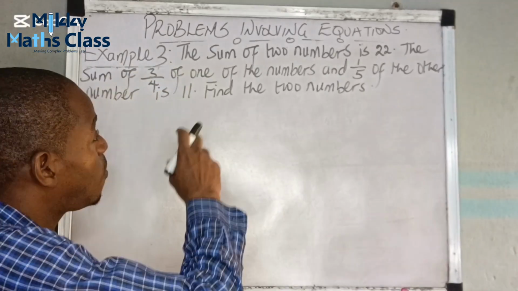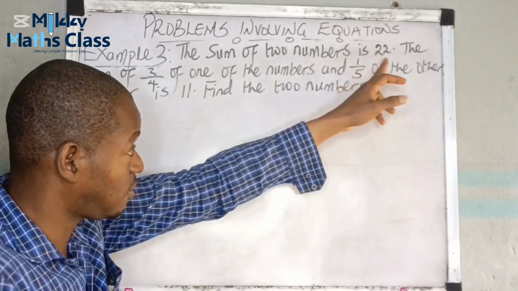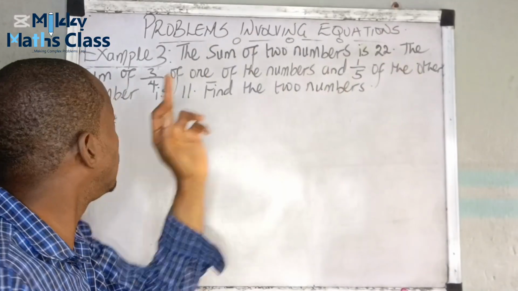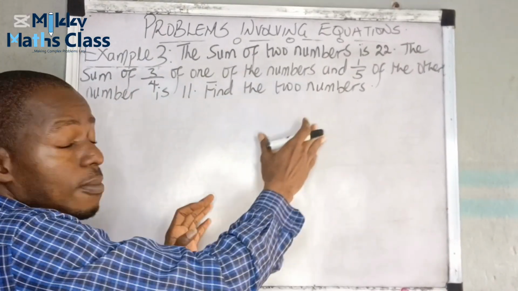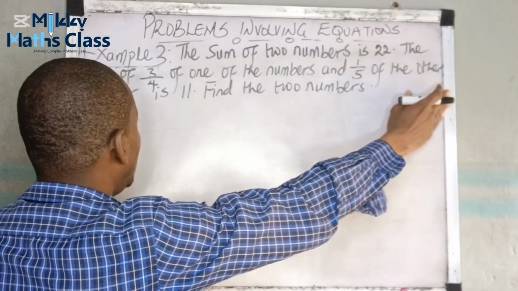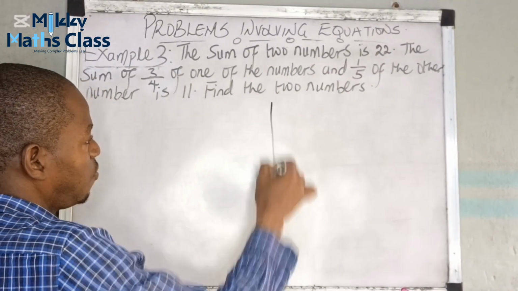The problem says that the sum of two numbers is 22. That means when I add the two numbers, the answer we get is 22. It says the sum of 3/4 of one of the numbers and 1/5 of the other number is 11. So from here, let's